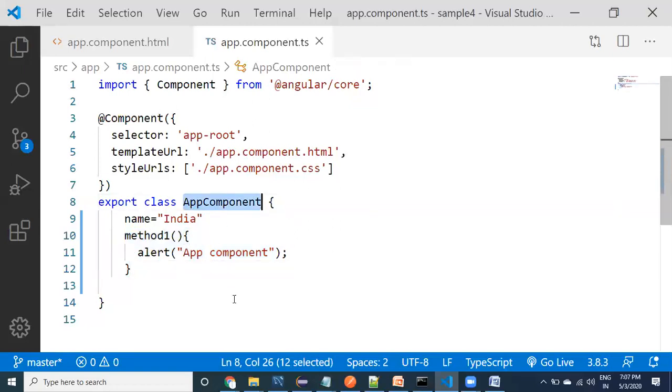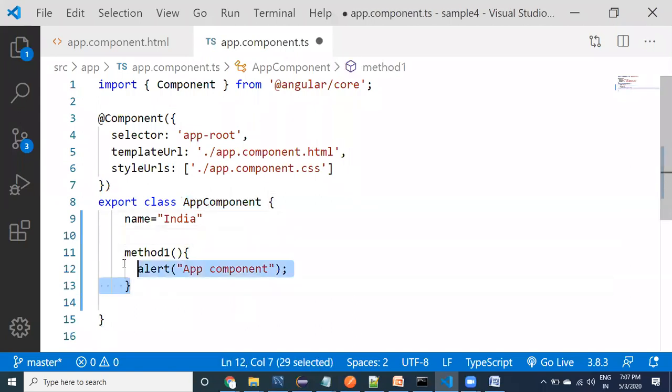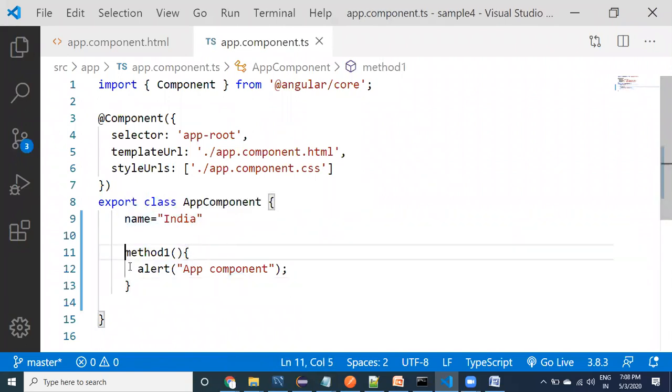Why? Because a class is a combination of properties and methods. I just want to give you a very simple property and a very simple method, and then show how to use this property in HTML and how to use the method in HTML. That is what I want to show.